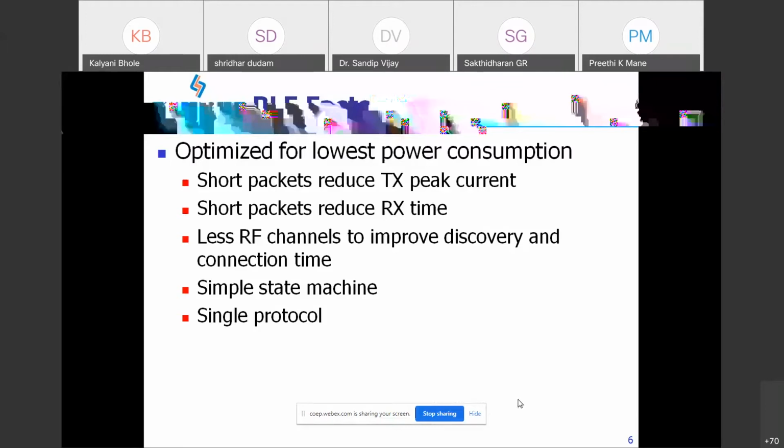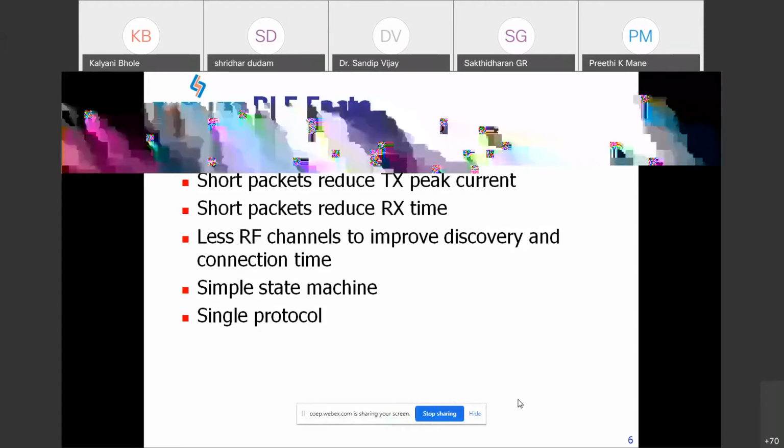And also one topology that is called a star topology. So in contrast with the classic Bluetooth, classic Bluetooth supports scatternet, piconet, like that topology. Star.